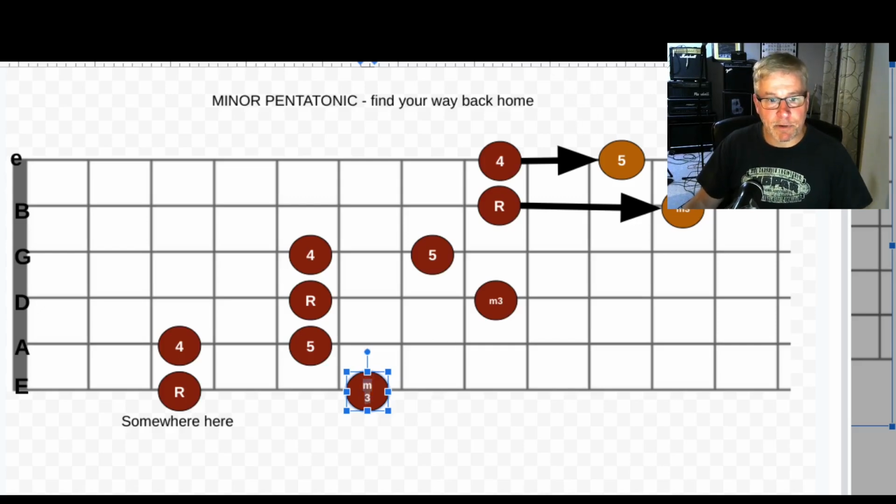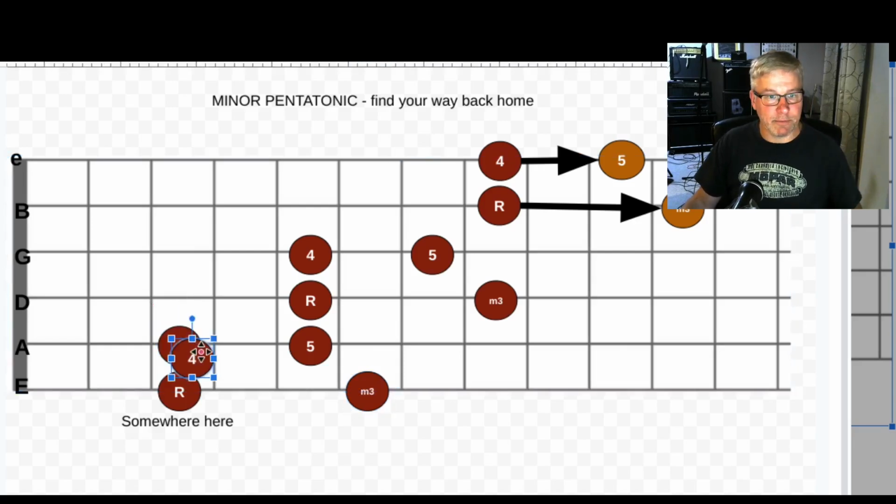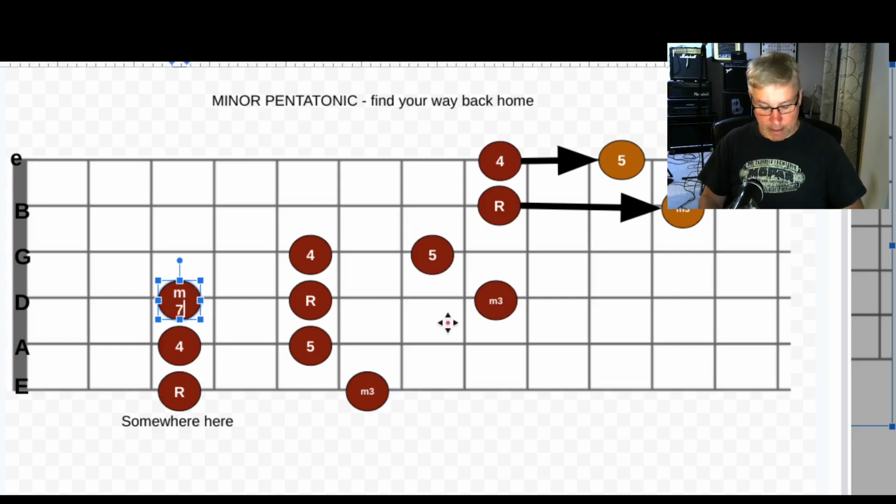And all that's going to be familiar. You're going to remember that there's a note here on top of that fourth as you go along the scale. Now maybe you're going to remember that that's your minor seventh. And you will fill in the blanks if you do this often enough. It will require some practice. Actually, it'll require a lot of